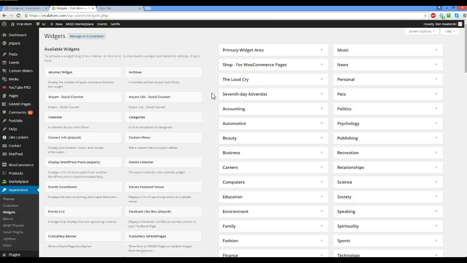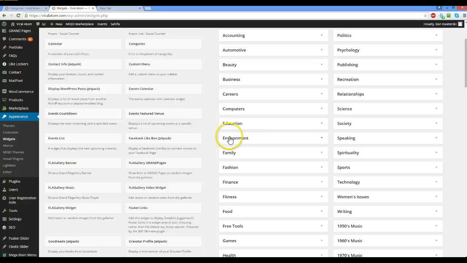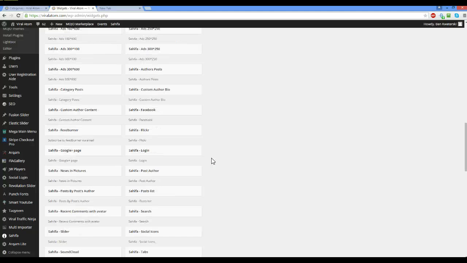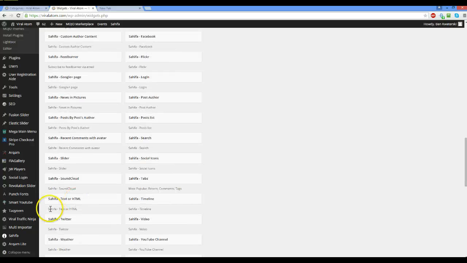Right now I am doing environment. So I will click on this, and right there you see the Arkham social counter. That's not what we want. So what we'll do is scroll down, and where it says Sahifa, I don't know if that's pronounced right, text or HTML, click on that,